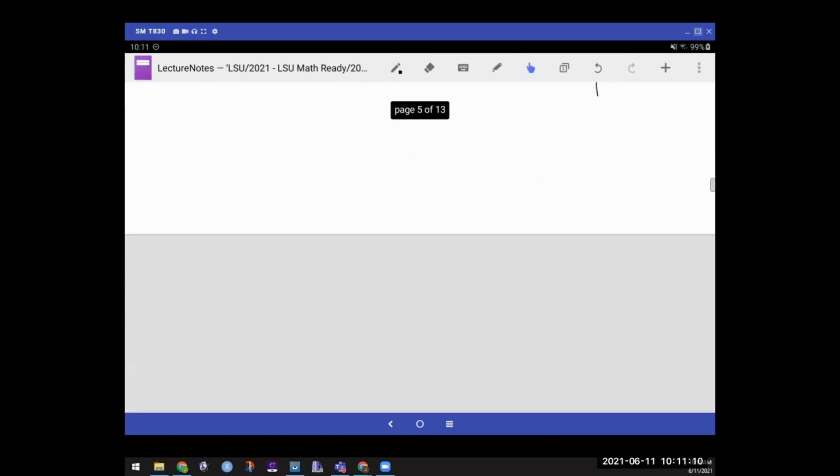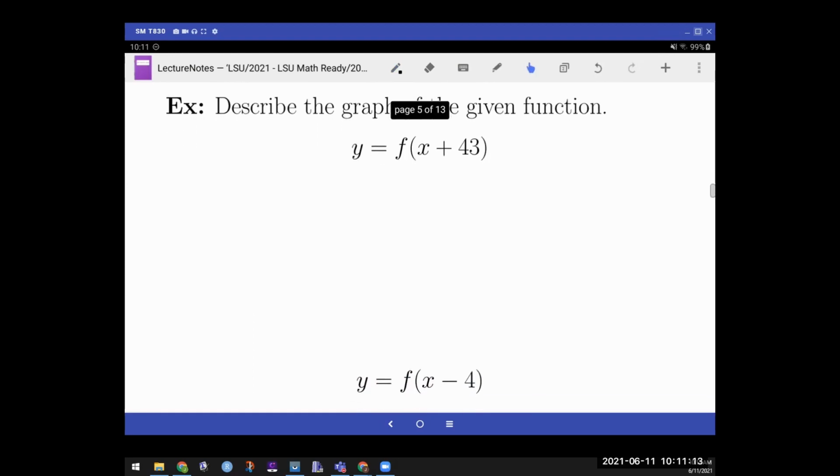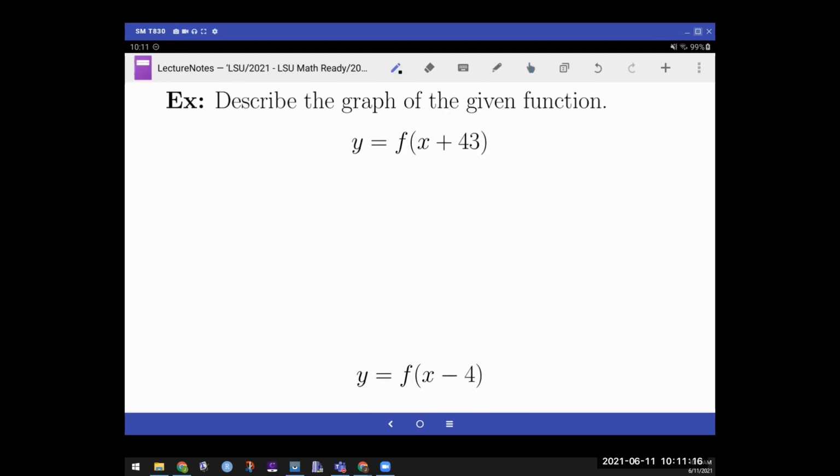Okay. So let's predict what the graph of this is going to look like. I want to describe what the graph looks like here. And so you kind of have to be careful in the way you explain this one, because I'm not telling you what the original function graph looks like. It could be an x squared, it could be a square root of x, right? I'm not giving you that. But just based on the fact that something is happening to the original function, you can predict what that graph is going to look like based off of the original graph. So to describe the graph of this one here, I would say that it has the same graph as f of x, or y equals f of x,